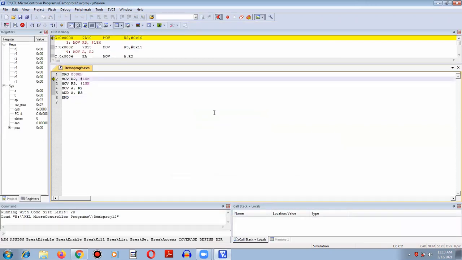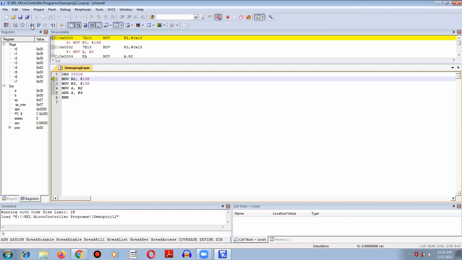Now once I click OK, you can see the two files generated, which is the assembly file as well as the demo project, which is here in the compilation mode. Now here we have to see the two buttons. One is single stepping. Since it is a single step, it will execute a single line of code, line by line. And here step over means the entire program will be run in one go. Initially we see the contents of registers R0 to R7 displayed over here, and the contents of the special function registers inside the microcontroller are displayed over here.